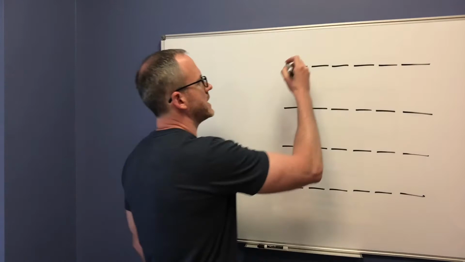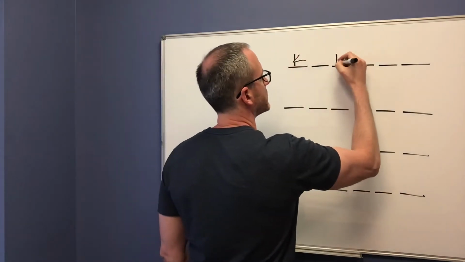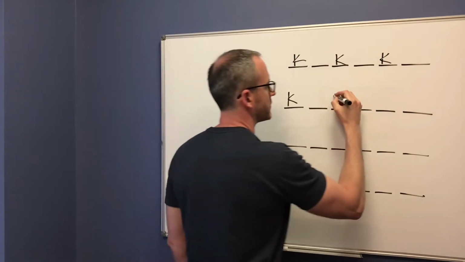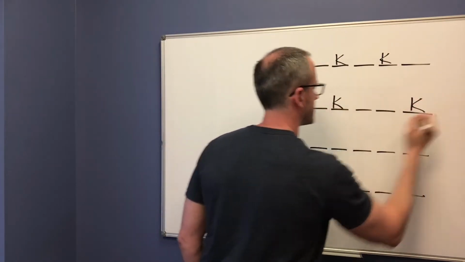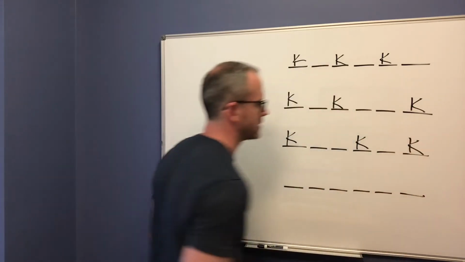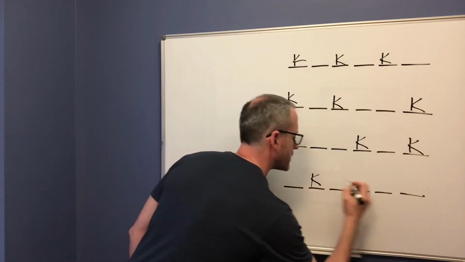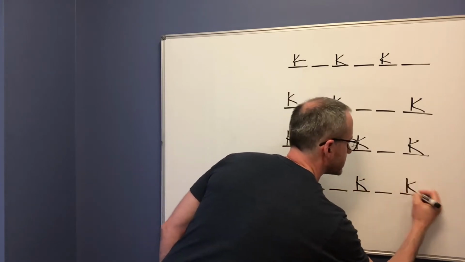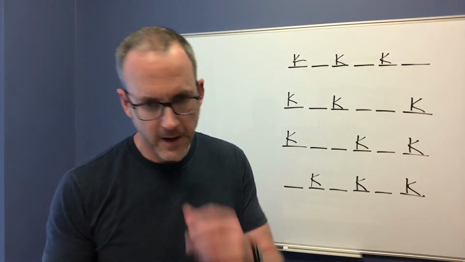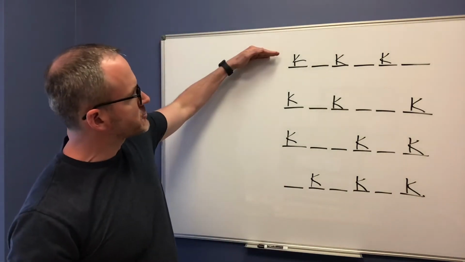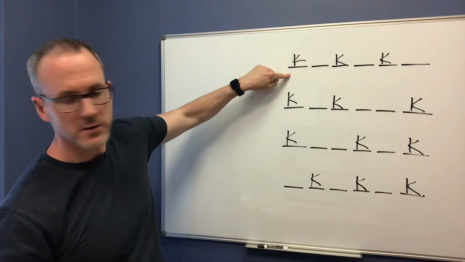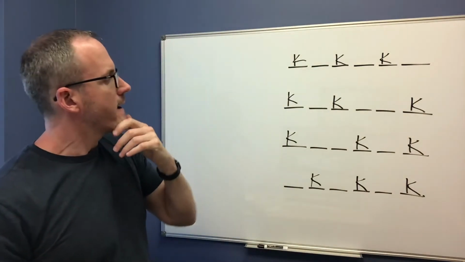All right, so K is 1, 3, or 5, 1, 3, or 6, and then 1, 4, or 6. And then, of course, 2, 4, and 6. Are you guys okay with this so far? Now I'm going to keep track of the teachers on top, and I'm going to keep track of their topics below.